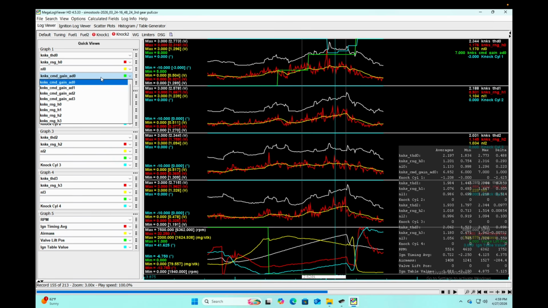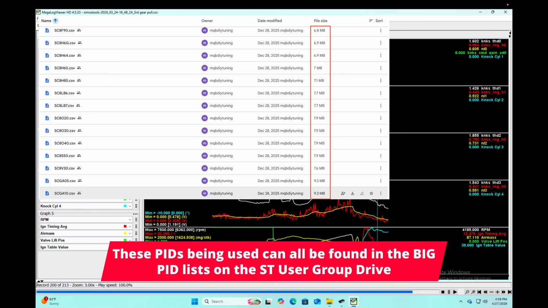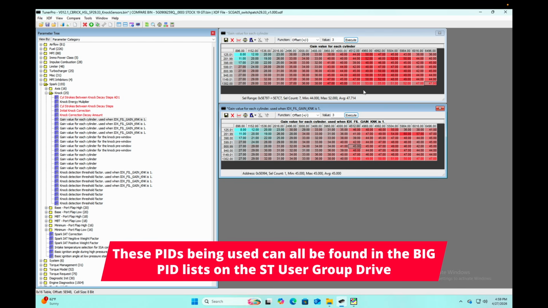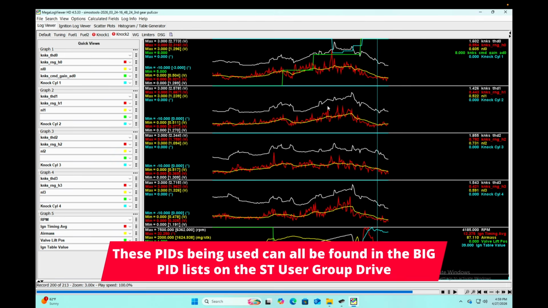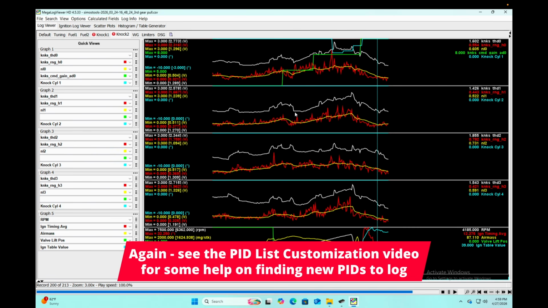If you log the adaptive gains right here, you can see that when you're driving, this adaptive gain is going up. 5, 6, 7, 8. So this gain value directly corresponds to what is on these tables. The only downside is that gain is not the fastest thing in the world, and in order to use that effectively, or even anytime that you're tuning knock sensors, you really want to make sure that the car is 100%